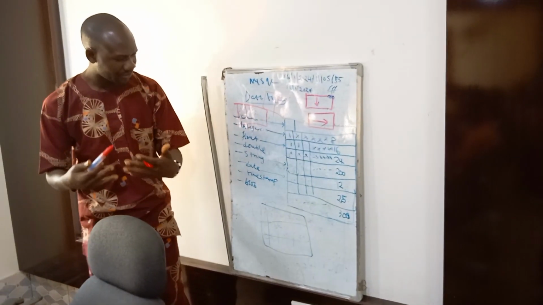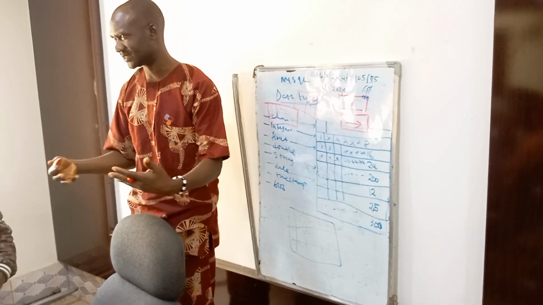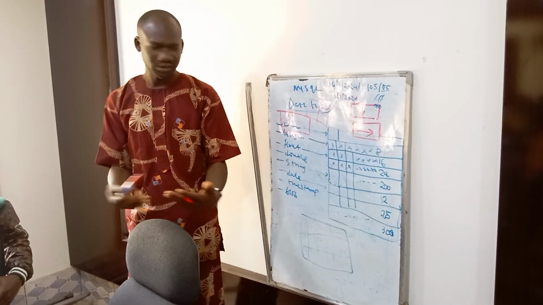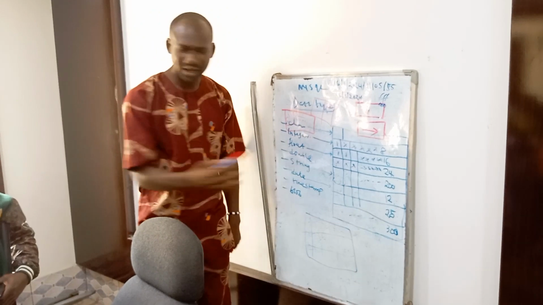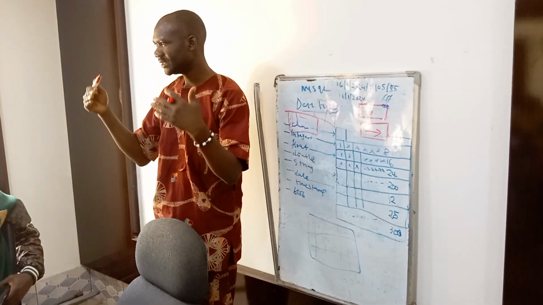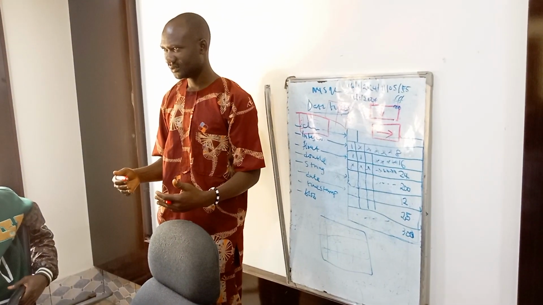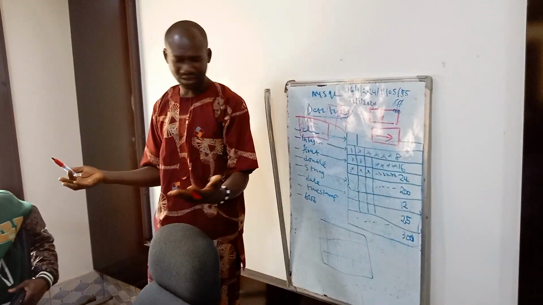If the kind of data you are dealing with is going to have decimal places, like average, you make use of float as a data type. Float is going to allow you to have up to 8 figures after the decimal point. So if you are dealing with records that has to do with things like average, you make use of float